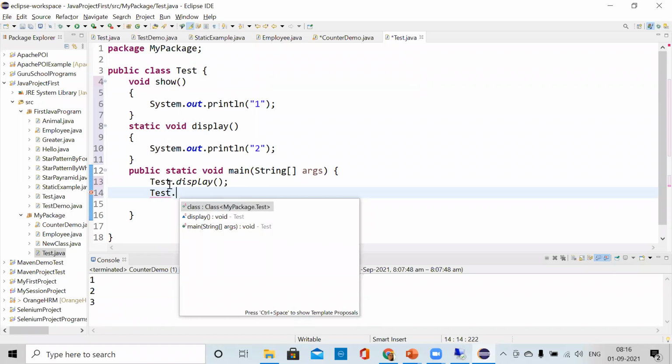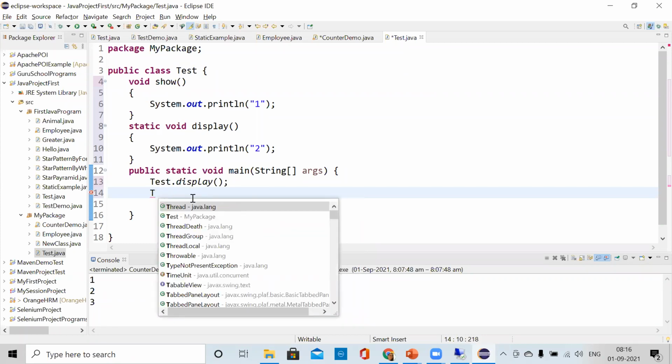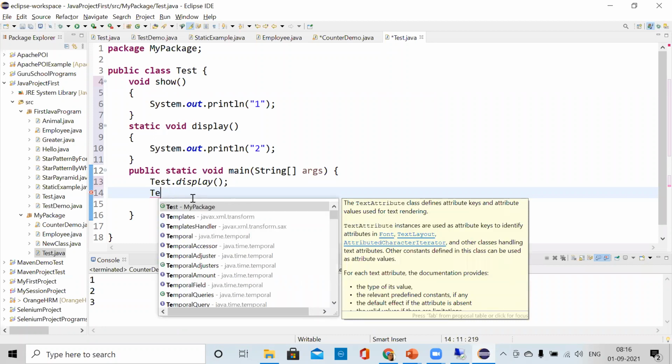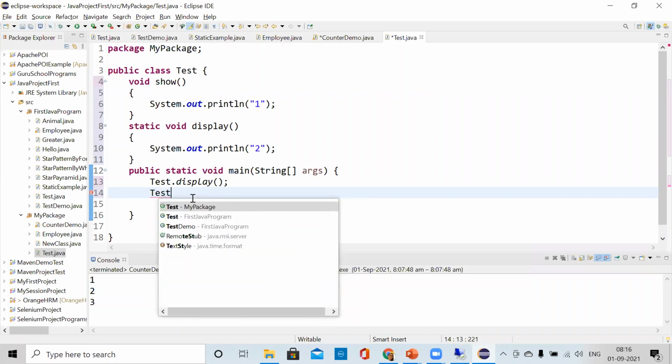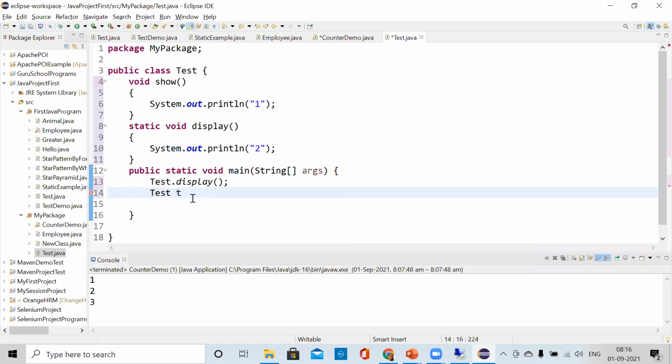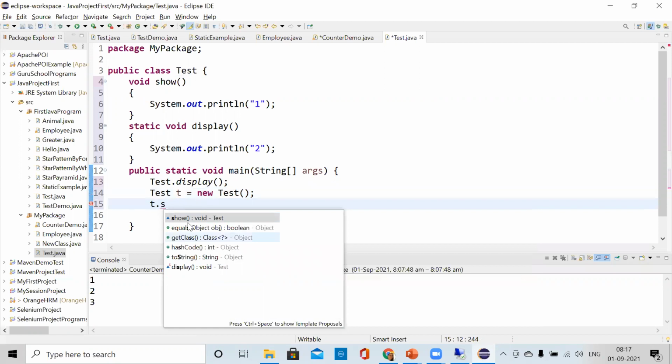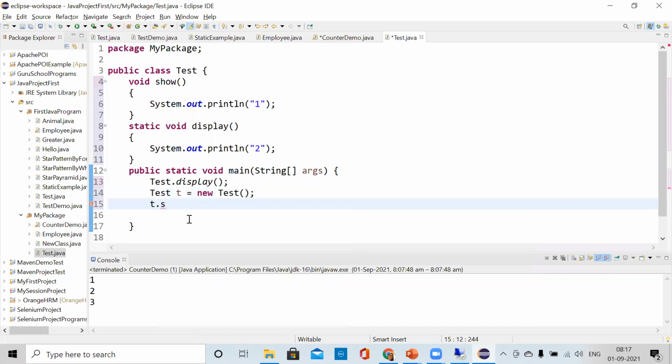No, because it's not static. So we cannot call the show method like that. For that, we need to create an object. Test t equal to new Test, now t dot show will come. See, now t dot show comes.